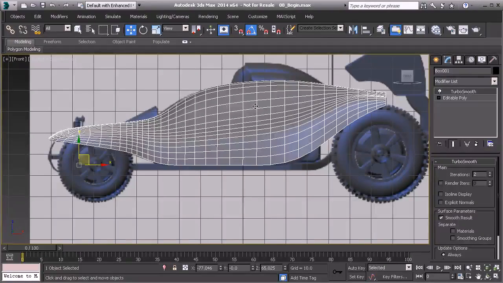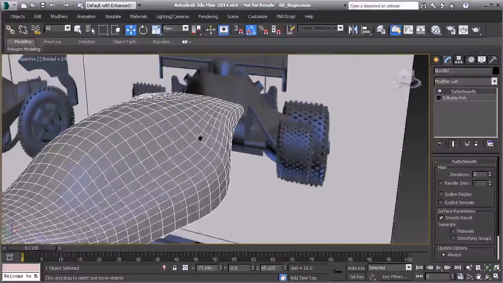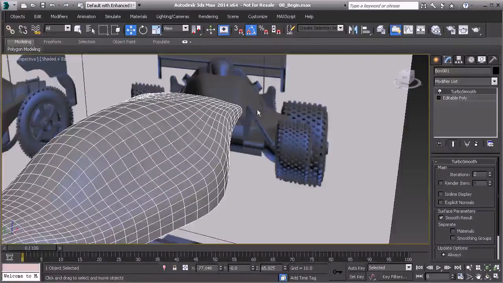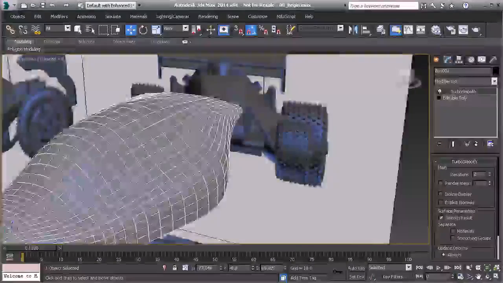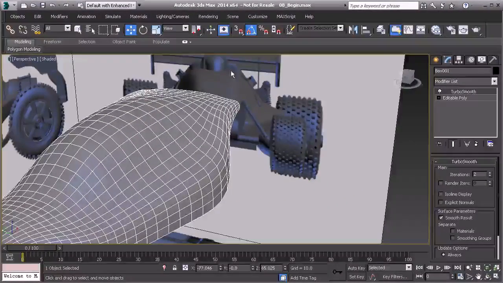And what we need to do is we need to come in and add segments to control the overall smoothness of this object. So looking at this area right here, if we take a look at our reference image, it's a little bit sharper, okay? And also across the top here, it's not quite as smooth. And so what we need to do is we need to add some segments across those edges to tighten that